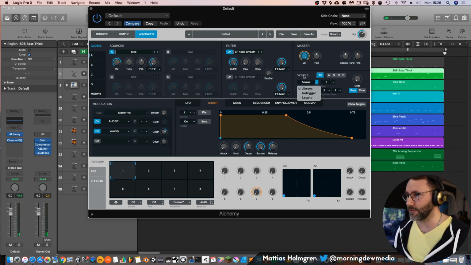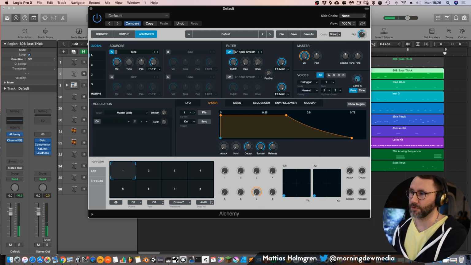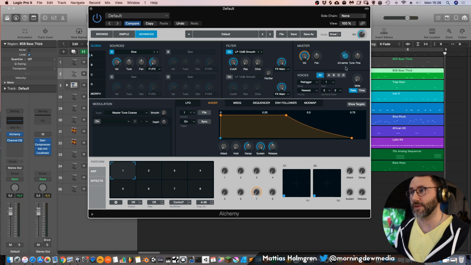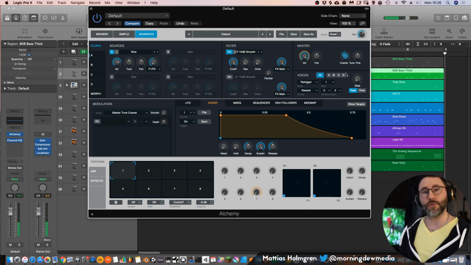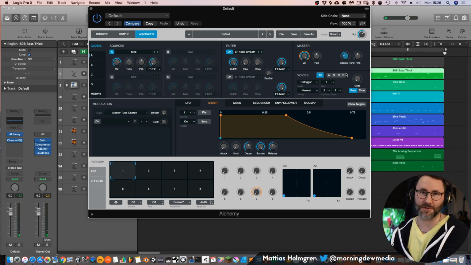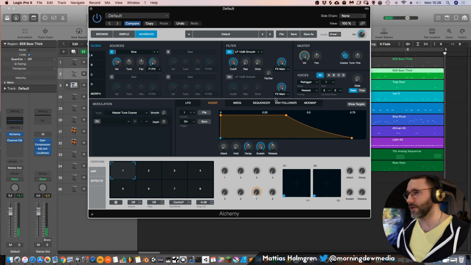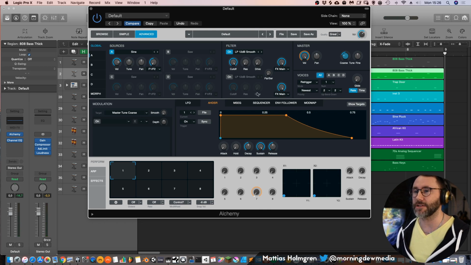And we can set the voices triggering to retrigger mode. You can also add a little bit of glide here if you want. And let's pitch this down by 24 semitones. So we have 2 octaves. And I will play a little bit higher here so that you can hear it. That's the basics of our sine wave bass, our 808 bass.